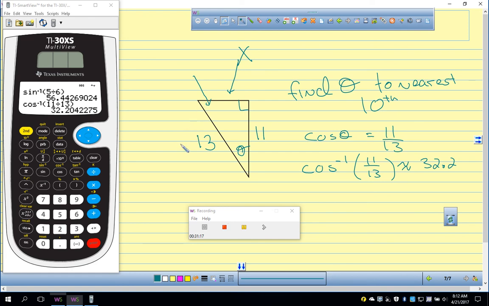Any more questions? You think you could do this? Yes. Okay. So this is kind of an introduction to right triangle trig. Your homework is page 644, 1 through 20. Okay? All. And on the Schoology, I say you don't need to draw the pictures, but you do need to set up the equation for every problem. So like I did right there, you need to at least show this and probably show this. I don't care if you draw the picture, but you need to set up the problem. Okay? You got some time to